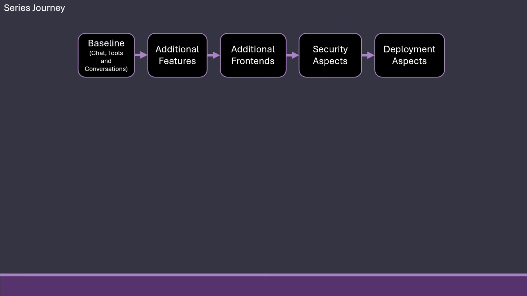We're also going to put in additional frontends as mentioned, so not only Blazor Server, but Blazor WASM, React, and so on to see what the differences are, can we use AG-UI for something, and so on and so forth. We're going to look at security aspects of how can we make a login, how can we secure things and stuff like that. Not the main focus of this, but still, if we are to build something real, we of course need to secure it in some way.